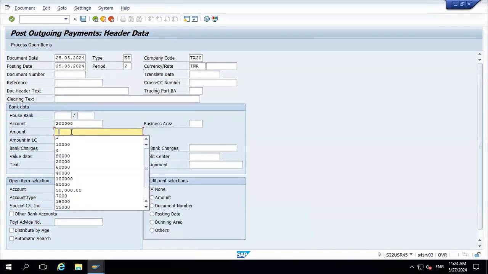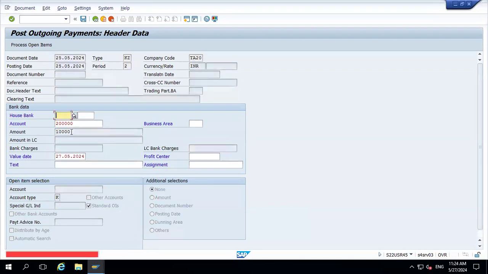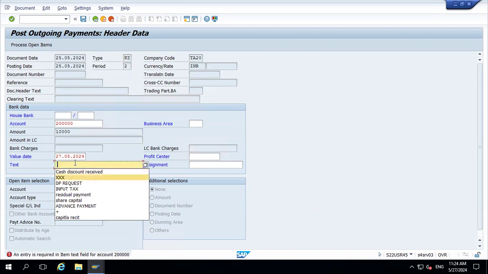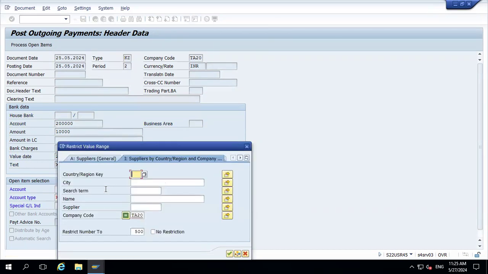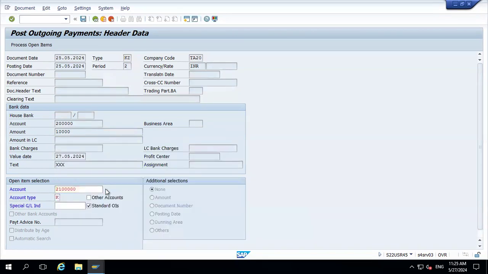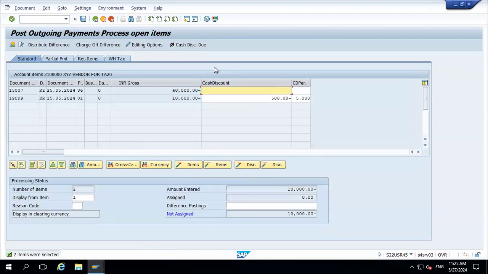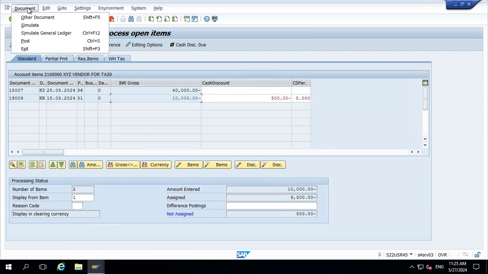Let's say I'm giving 10,000. Entry is required in the item text field. Enter. So double click on this. It's calculating the cash discount. Now, if I simulate,